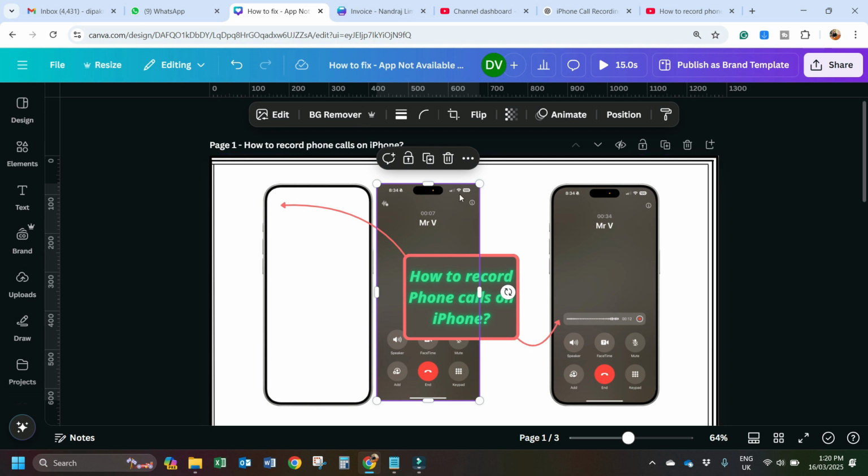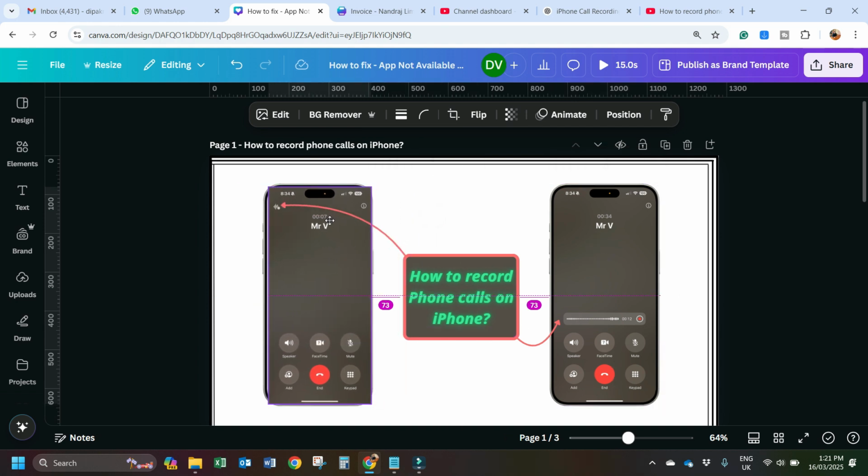So if you want to curve the corner of any picture or image, then you have to select that image and then click on corner rounding. Once you click on corner rounding, it will show you how much you want to make a curve. So basically it can be radius. For this image I have used 30 of radius, but you can try whatever fits. So for now it looks like this,